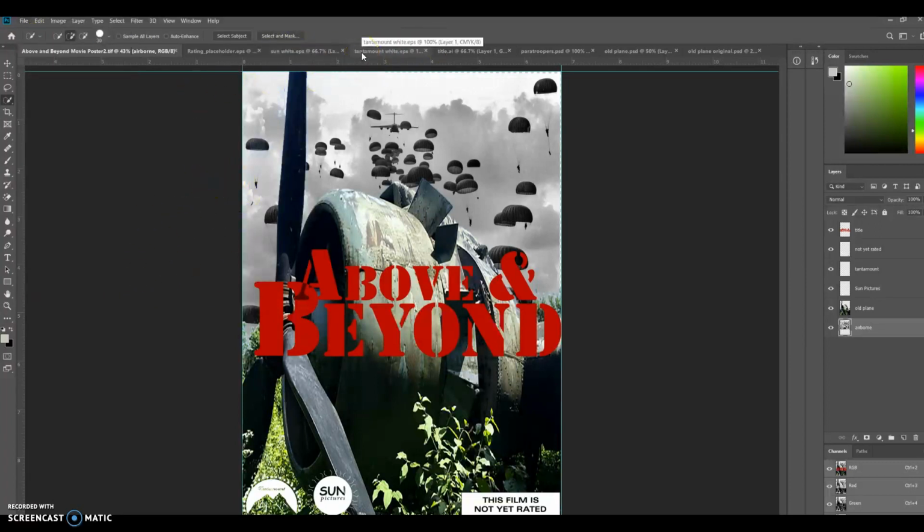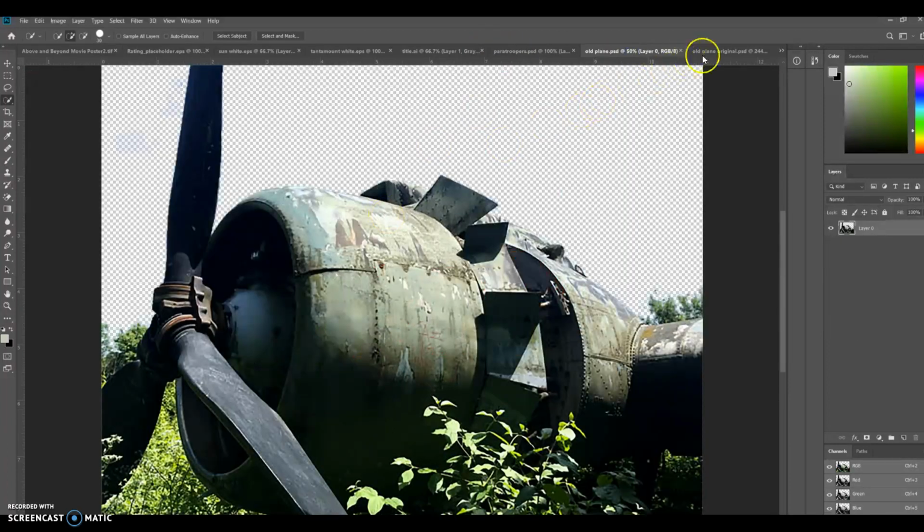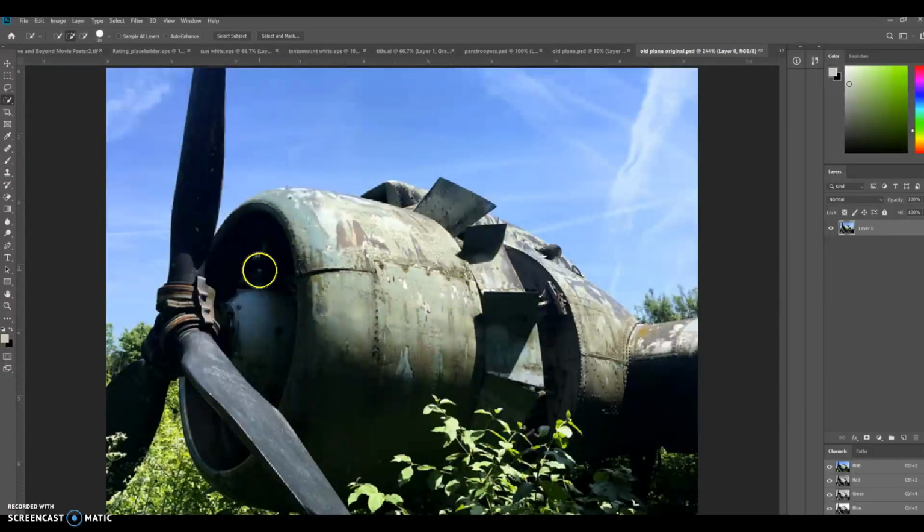Then it was my job to find some pictures that would not only reflect the 1940s but also the U.S. Airborne Unit, who were the parachuters who suffered some casualties, which I decided with this old plane photo here. That's actually the edited version here, but the original came in, and all my files from online came in as JPEG, so I had to file and save as the .psds to give me some more control over them. But I liked this image because I thought it represented